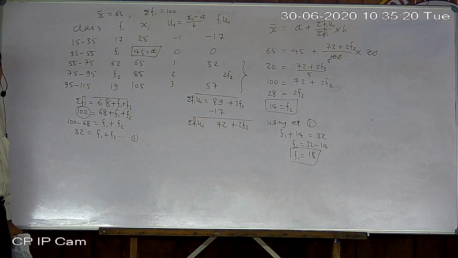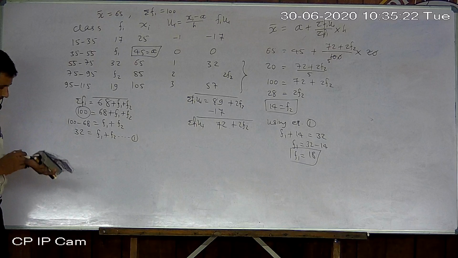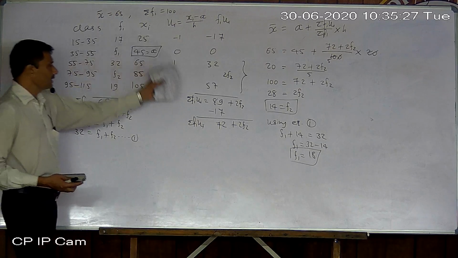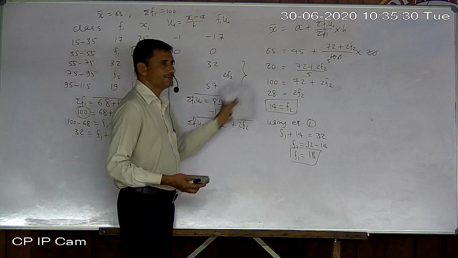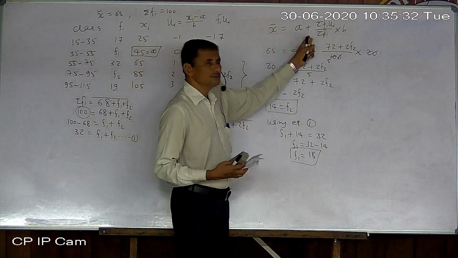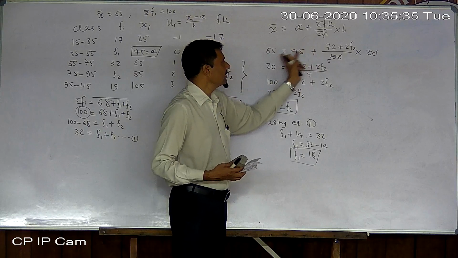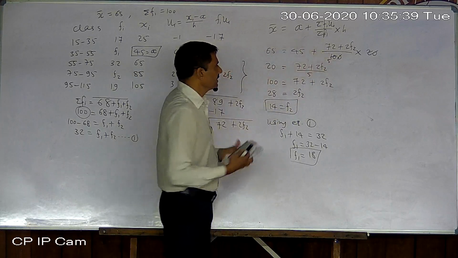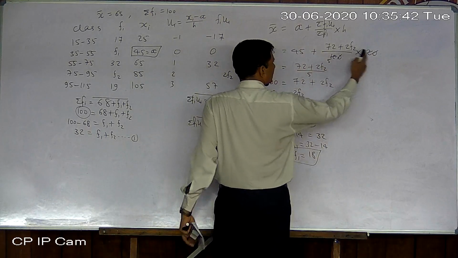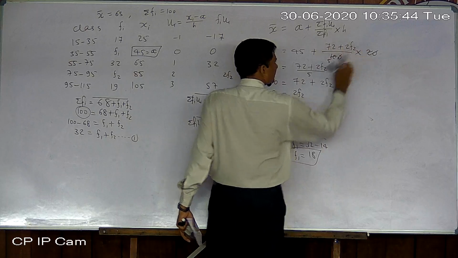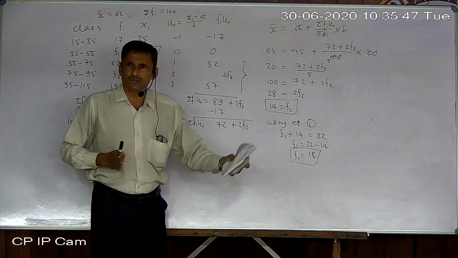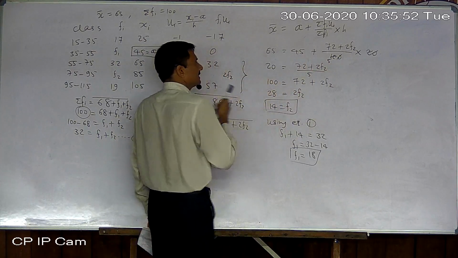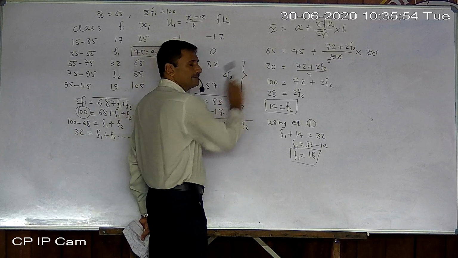Okay, you understand? Again I repeat that sum. Already I revised the formation of the table. Now writing that formula, just write down or place all values. So all values are placed. Now you can cancel out this and this number. Otherwise you can multiply both numbers with 20 also, but it becomes quite a long number. So 25 times 100 is done, 45 shifted to the left side, so 65 minus 45 is 20.